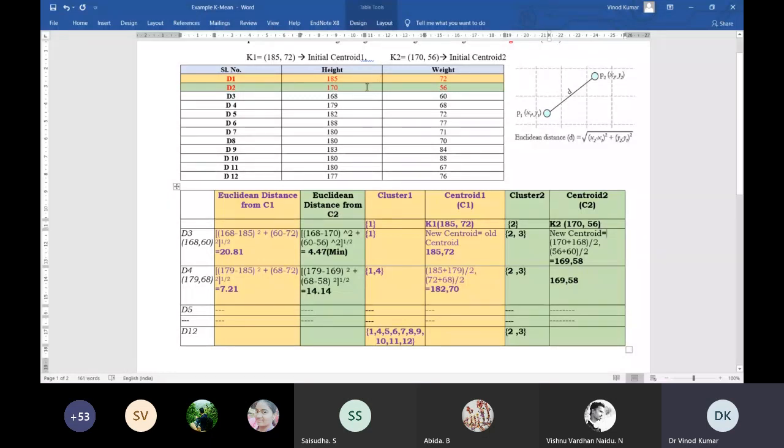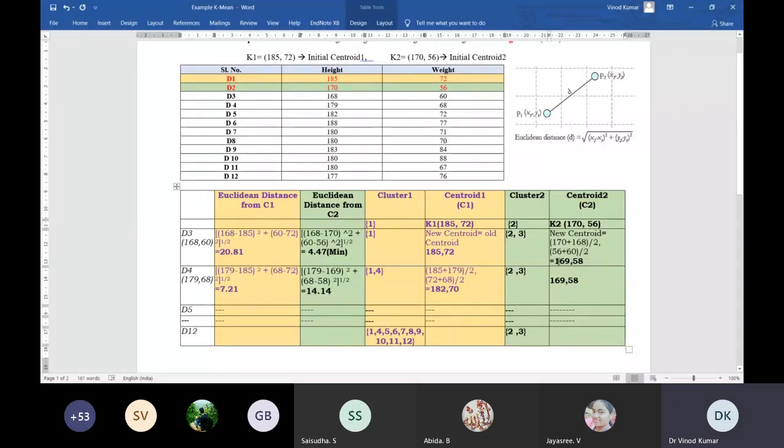So how will I calculate the mean? You have to calculate the corresponding height and weight. So what I did, you can watch here: 170 plus 168, and 56 plus 60. Because I am taking the mean, I have divided by 2, because I have two elements.